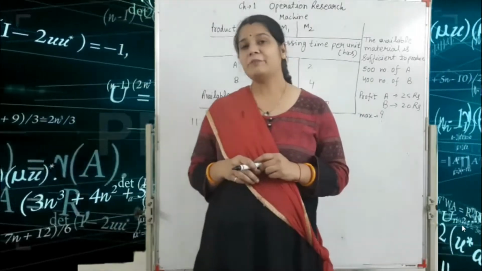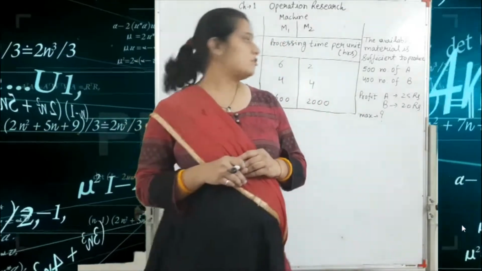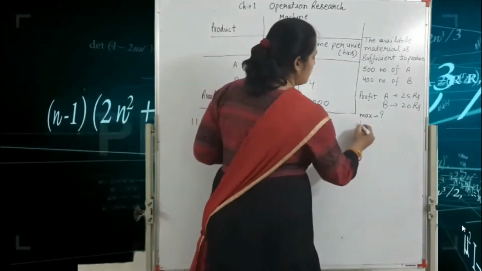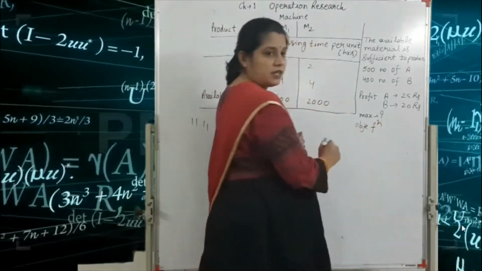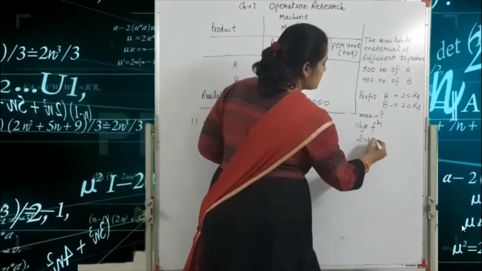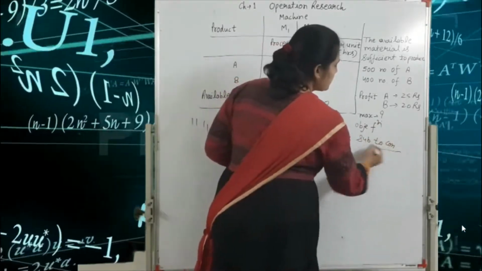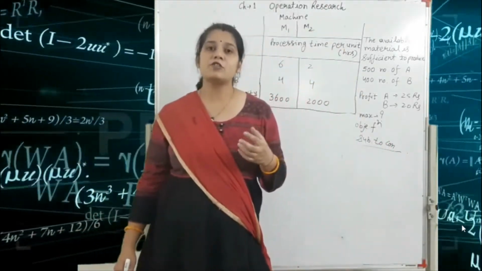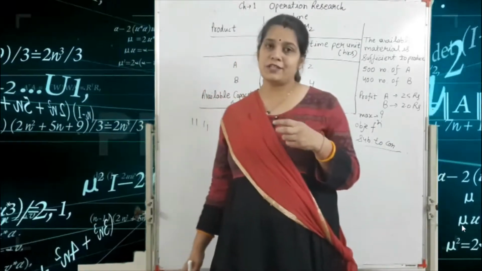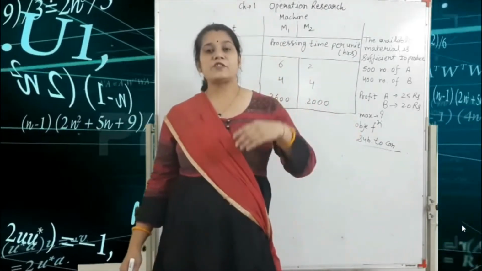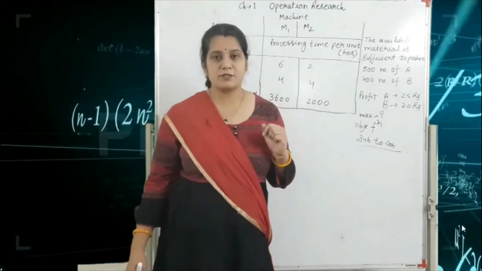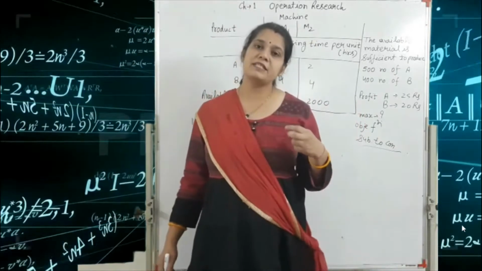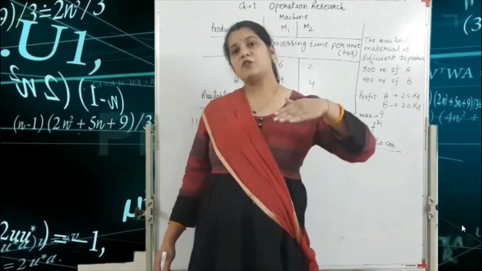What do you mean by the feasible solution? Always we write the mathematical model. First you write the objective function, after that we write the subject to constraint, that means the conditions. So what is the feasible solution? Feasible solution means all the solutions that satisfy the constraint equation. That is called the feasible solution. But optimum solution, what does that mean? Optimum solution means the best solution among the feasible solutions.